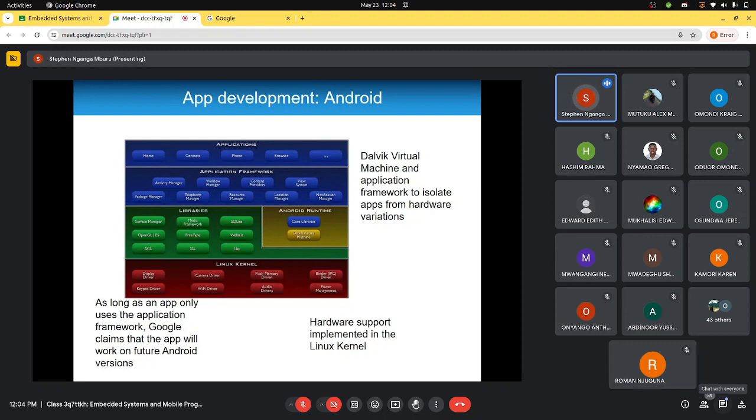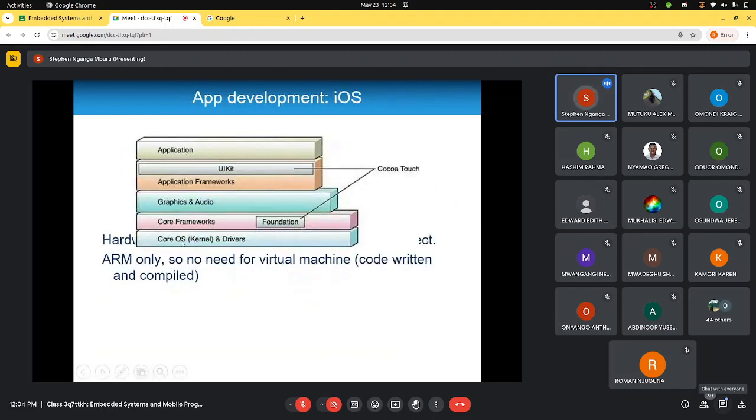If you look at the app development for Android, of course, it has several stacked layers. You can see from up there, the browser, the home, and everything, with the lower kernel being Linux. All of us know that Android runs on a Linux kernel, and iOS is a completely different model, because if you go back, you find that whatever is at the core here, the kernel here is what you call the iOS kernel and the drivers, and then you're given the core foundation framework that you can use to develop your application. So there are several stacks here